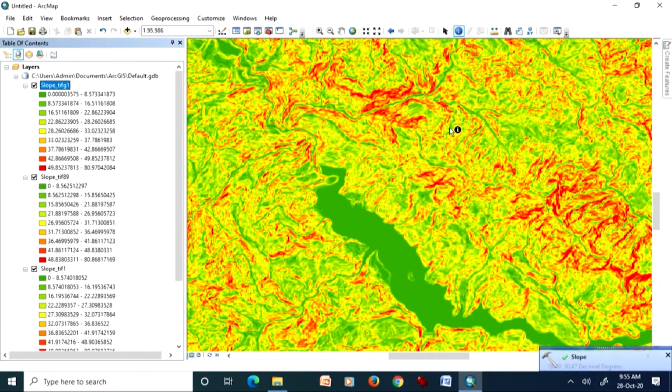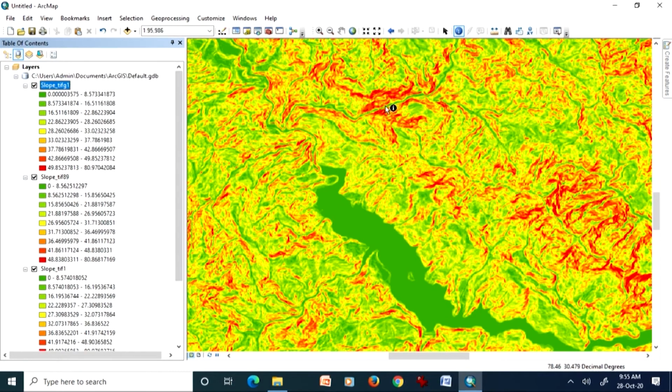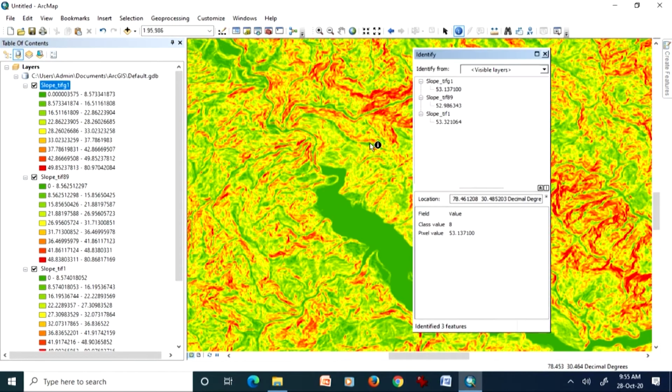But if we zoom in and look at individual cells, then we start seeing these things. So again, we will remain in this area. I am going to choose again, and all three slope maps created with three different methods are here.